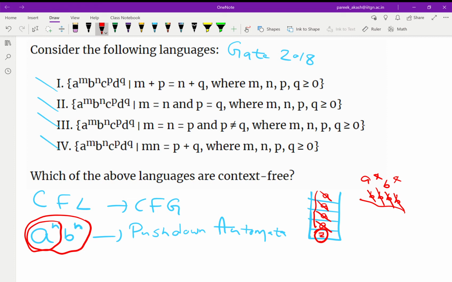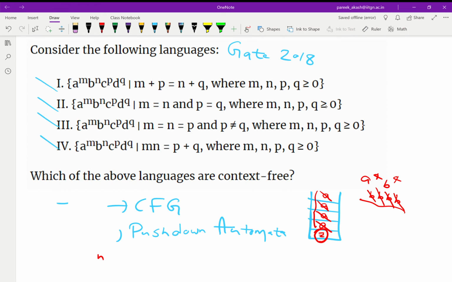So what we have basically done is check that these two numbers, this n and this n, are the same or not. It may be that this is a to the power m and this is b to the power n, and we have to check whether m equals n or m may not equal n. So can we say that this language is a context free language or not? Likewise, in this question also